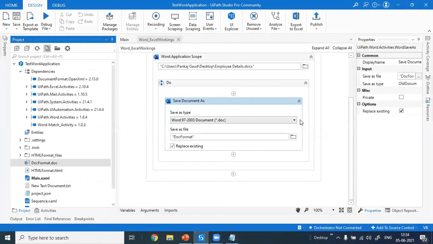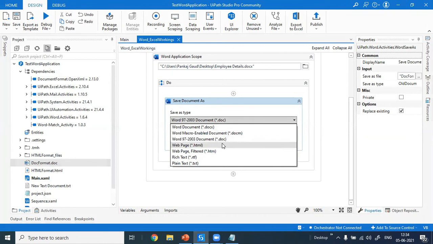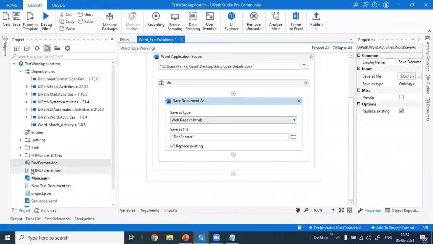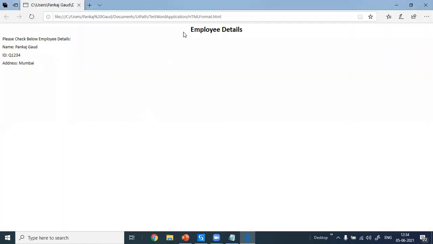Great to see all these. I mean, using one activity, we can get so many different types of documents. Yes, the HTML format is very good. You can use this activity in many places, for presenting a table, and we can share the details with the client. It will be very helpful for saving these details. Even if you want to present your bot execution report, you can create HTML this way.